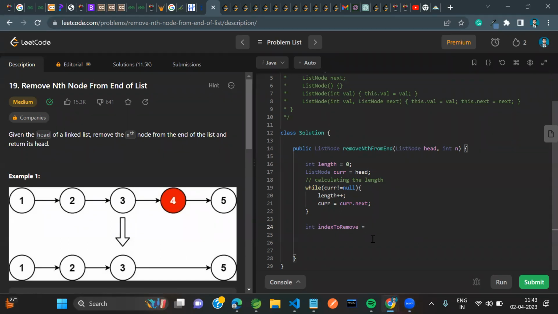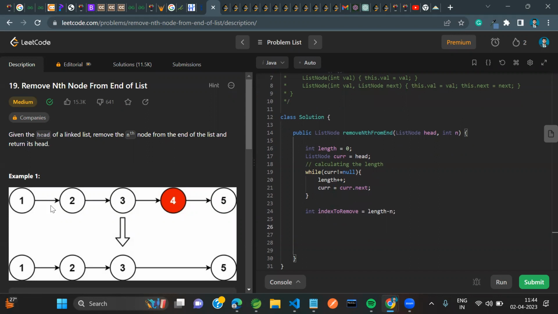So index to remove is found by length minus n, right? So now here the edge case is that suppose the index is 0. Suppose that the length is reached to here and the index to remove is 0. So you want to remove the first element. Then for this we will write an edge case